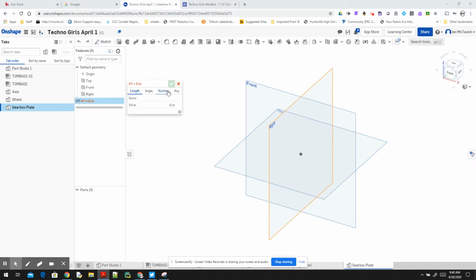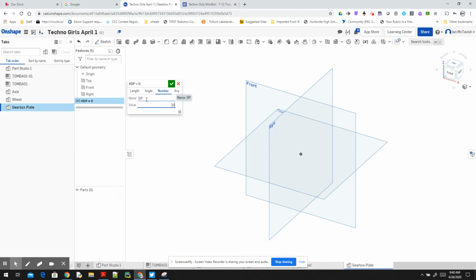So here's our variable tool. First off, we want to use a number. I recommend that you always use a number, because if you use something like a length or an angle, then you can't do math on it because it's set as a length, and with a number you can do math on it. So the first variable that we're going to have is dp, and that is short for diametrical pitch,